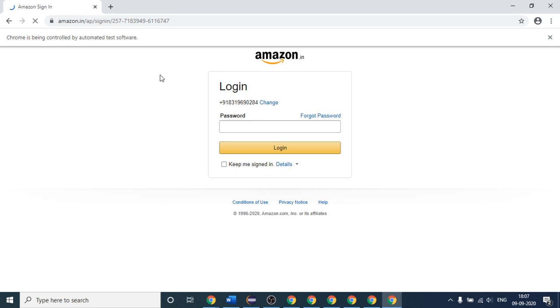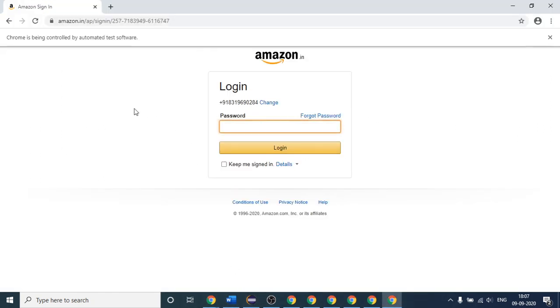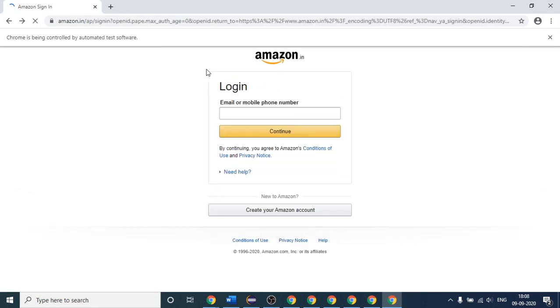Okay, and after that, what I have done, you can see on the screen, I have put a 10,000 millisecond wait. So after a few seconds it will click on this button. Okay, you can see it has clicked, and after that you will be redirected to this login page.